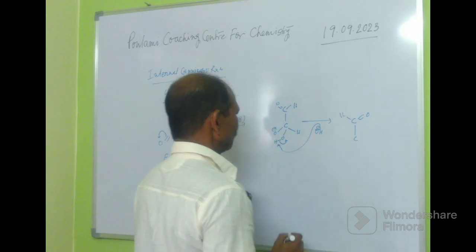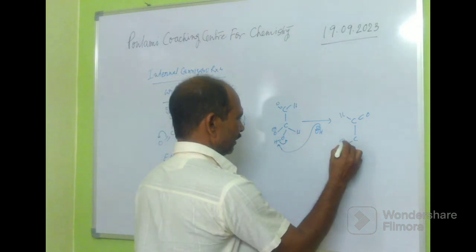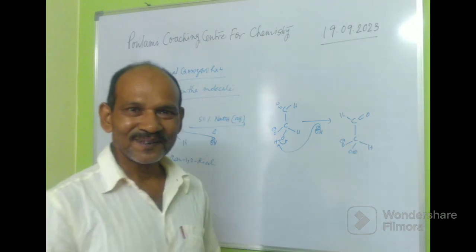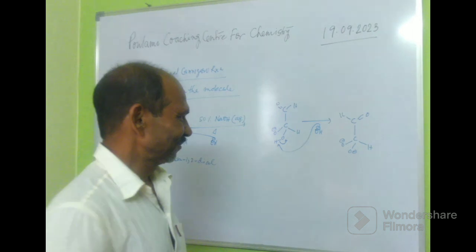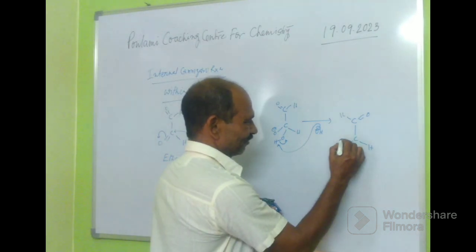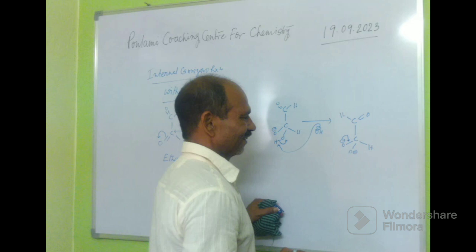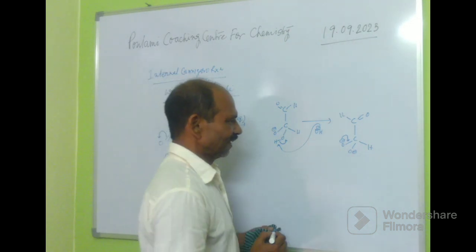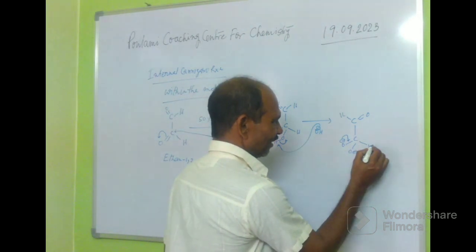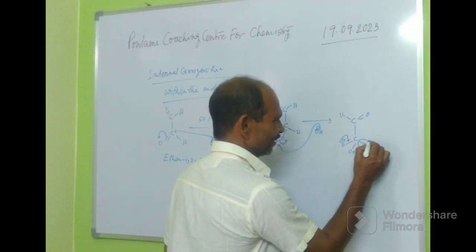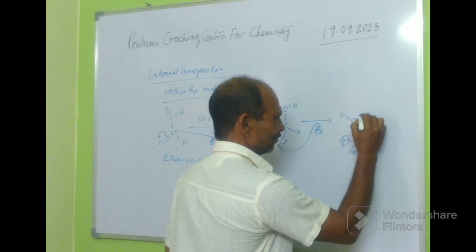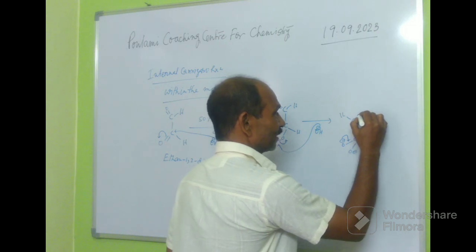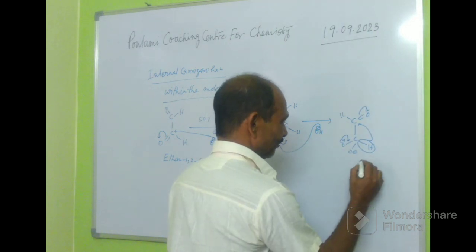It can be rotated because it is a single bond. Okay? The dianion is formed. What will happen next? Look at the board. Let's imagine. This anion, the minus charge of this anion, O minus ion, attacks, and this hydride ion shifts to this carbon atom within the molecule, and the pi bond goes towards this oxygen atom, leading to